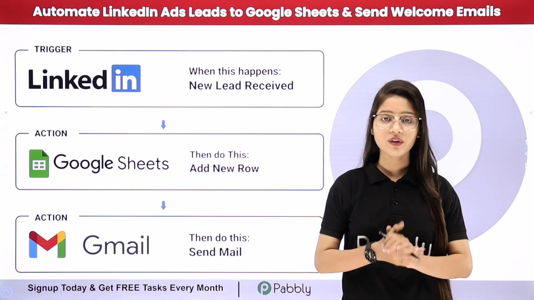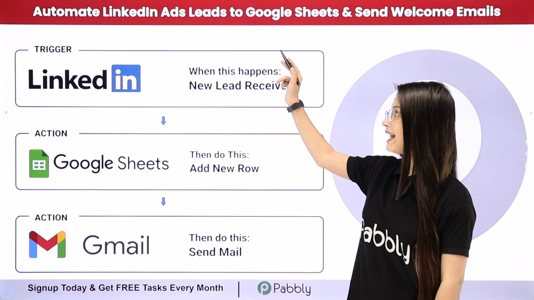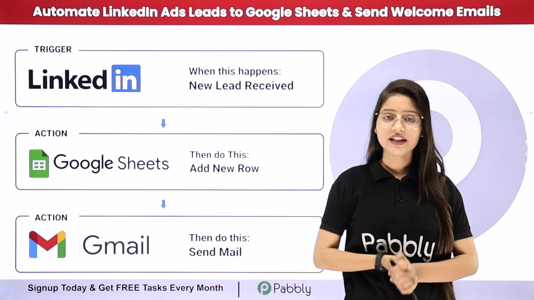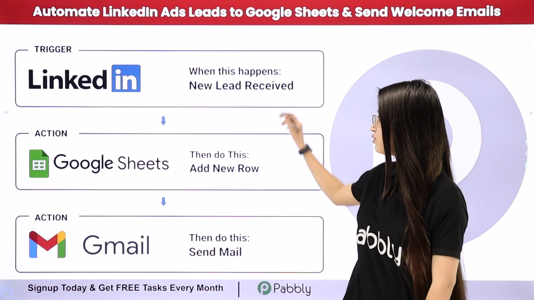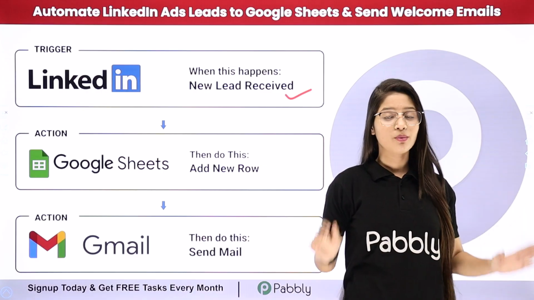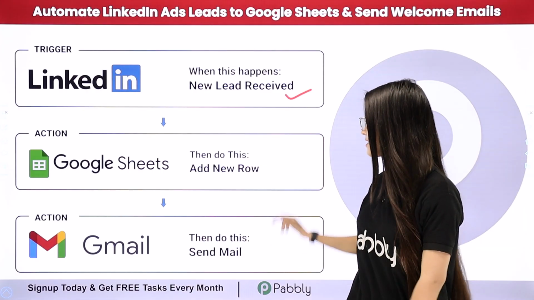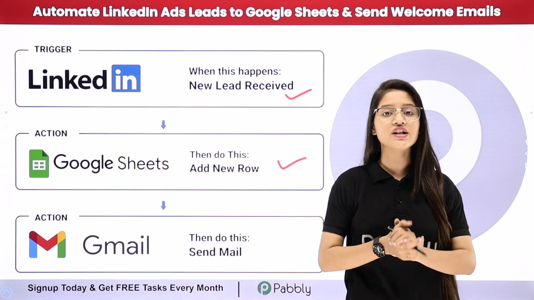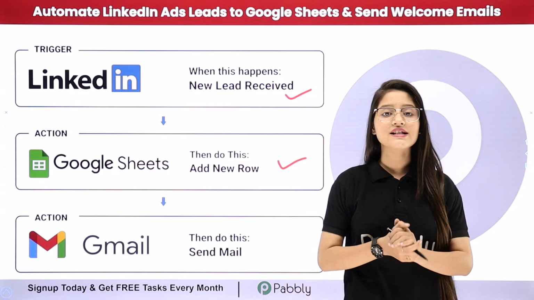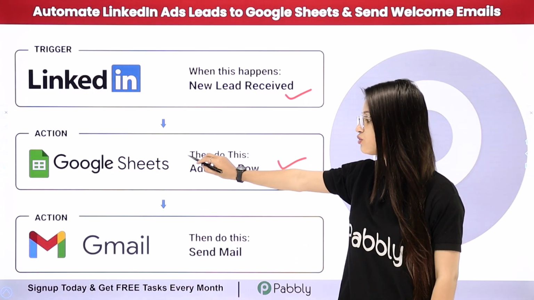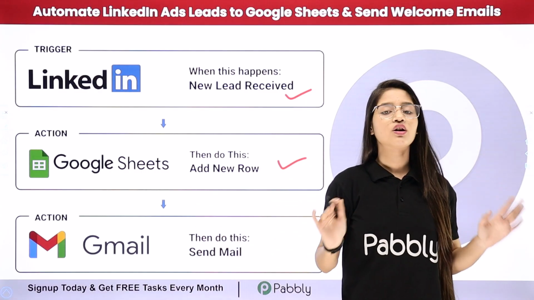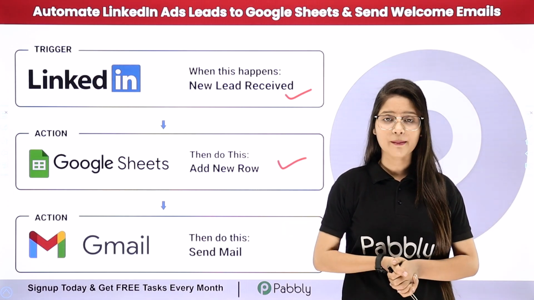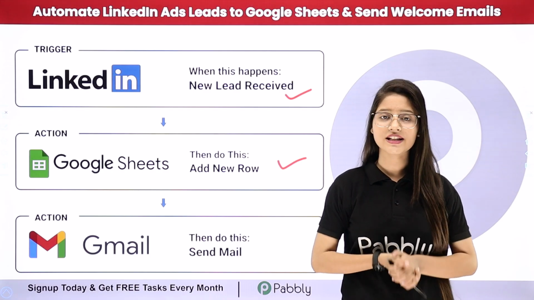In this video, we will learn how to automate LinkedIn ads leads to Google Sheets and send welcome emails. So here my objective is that whenever someone applies through my LinkedIn lead ads, automatically a new record is added in Google Sheet and an instant welcome mail will be sent to the user's Gmail account. So to do this, I will integrate my LinkedIn to Google Sheet and Gmail using an automation software named Pabbly Connect. So now to see the working of this amazing automation and learn the process step by step, let's